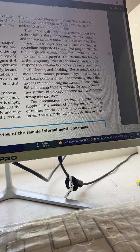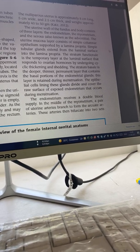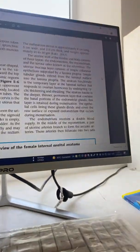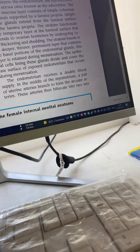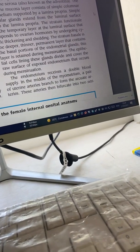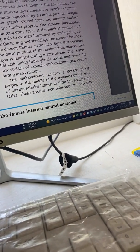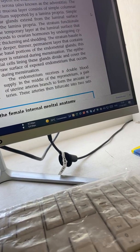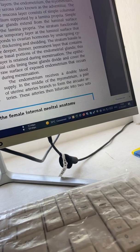The uterine mucosa layer consists of simple columnar epithelium supported by a lamina propria, and simple tubular glands extend from the luminal surface into the lamina propria. The stratum functionalis is the temporary layer at the luminal surface that responds to ovarian hormones by undergoing